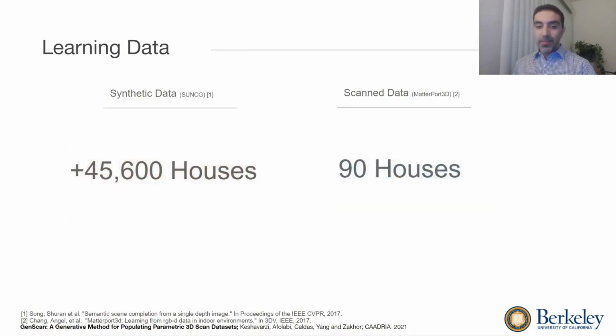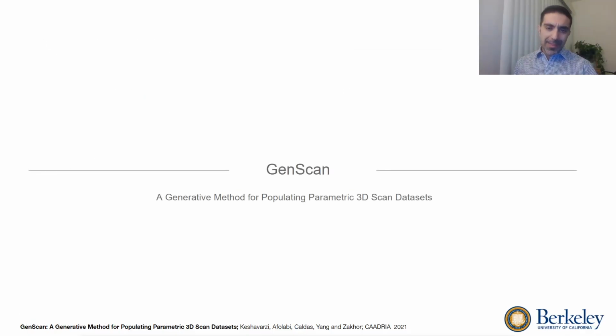But when we get down to the numbers, we see major differences in the size of the datasets. Scale really matters in deep learning techniques, and they often require a large amount of data to be fully trained with. So with this challenge in mind, in this project, we introduced GenScan, a generative method for populating parametric 3D